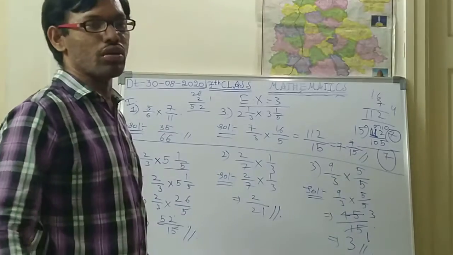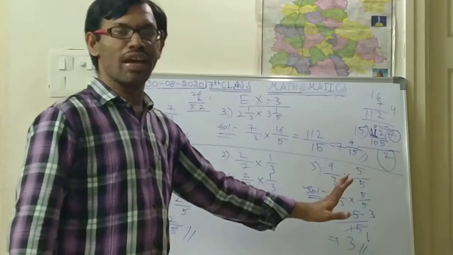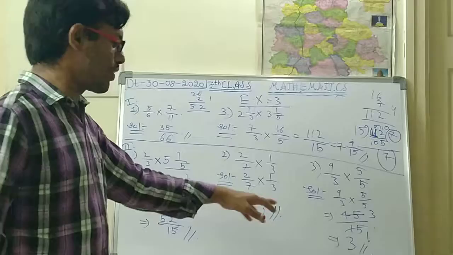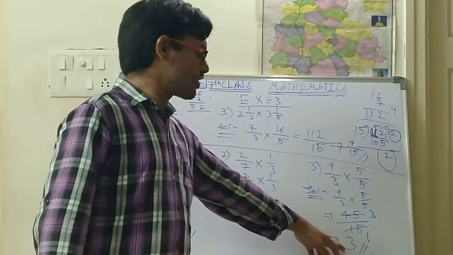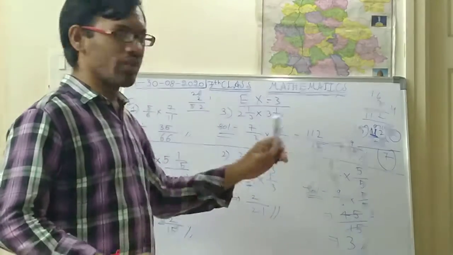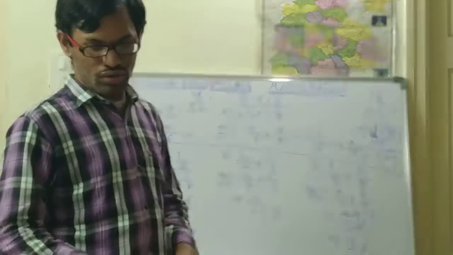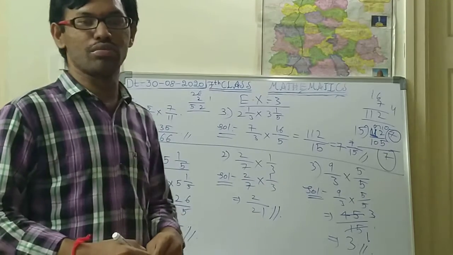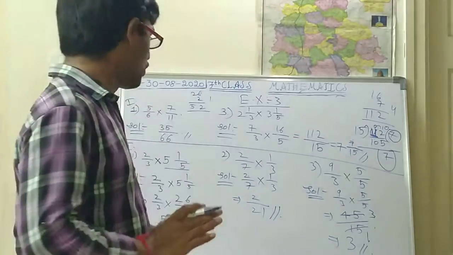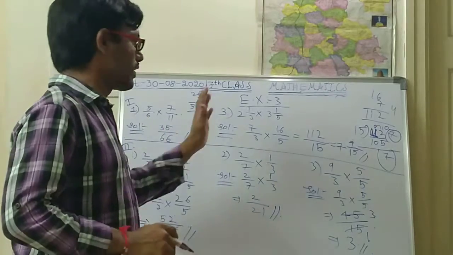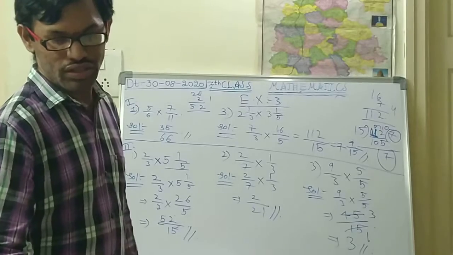So like that you have to do. Whenever the numbers are going in any one table, you should cancel directly, so that the answer will be reduced to lowest form. So actually it is 45 by 15, but it is reduced to 3 with the help of cancellation. So like this you should do this problem, children. I hope you have understood up to here very easily. Now I will give some problems regarding this exercise and one example problem. Try to do them as homework.